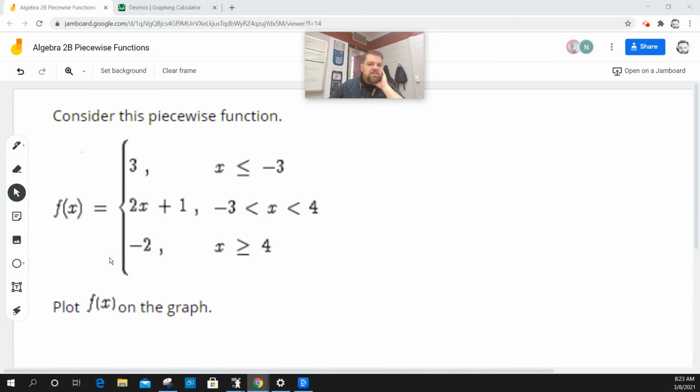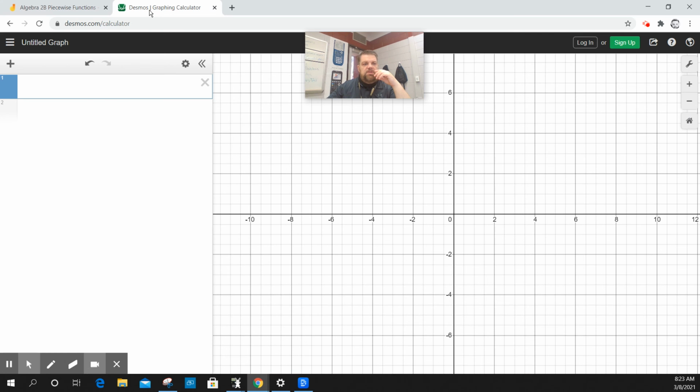All right, so it says consider the piecewise function, plot f of x on a graph. So again, we're just going to use Desmos. I start off with the domain restriction first. So the first domain restriction is x is less than or equal to -3, colon, then put it in my function, which is just the constant 3, comma, next part of the piecewise function, domain restriction is